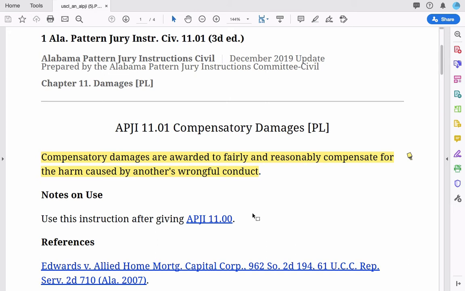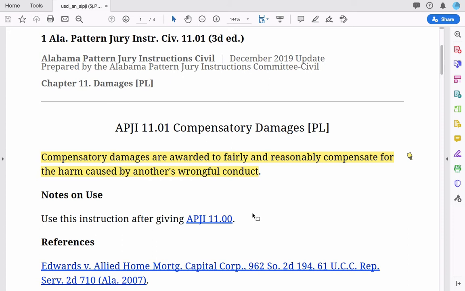There are all different types, and we'll look at the various jury charges on different types of compensatory damages, but let me just use a simple example. You have a car worth $20,000 and somebody is driving crazy and crashes into your car. The second before they hit your car, it was worth $20,000, fair market value. A second after the impact, it was worth $12,000. So what would it take to compensate you for your property damage?